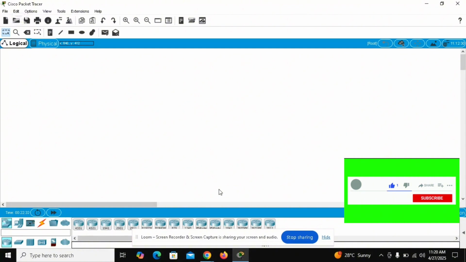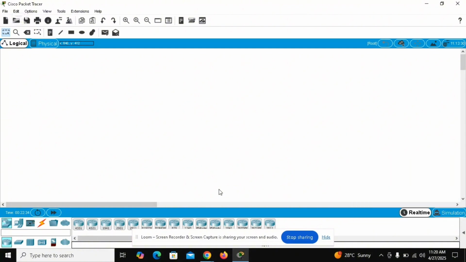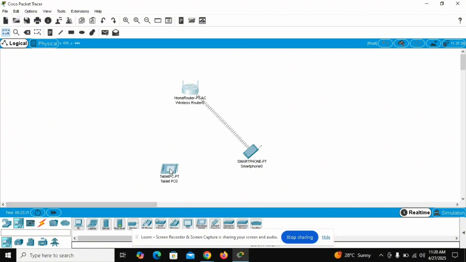Now we'll be using something like this. You take a wireless home router, you drop it, then you take a wireless phone. It connects automatically, just the way you turn on your hotspot and connect to your router. Then you can take a wireless tablet too. Then let's take a laptop. Now on this laptop